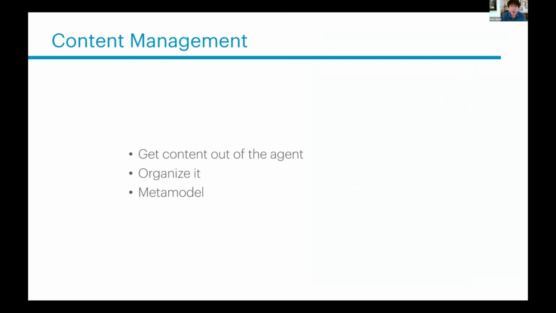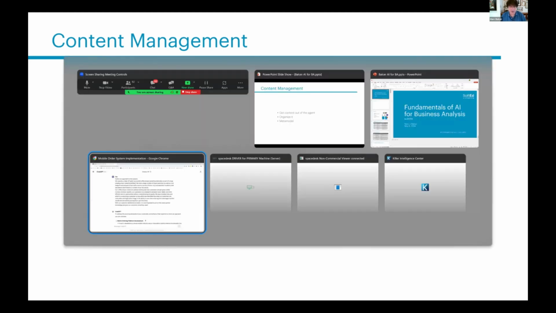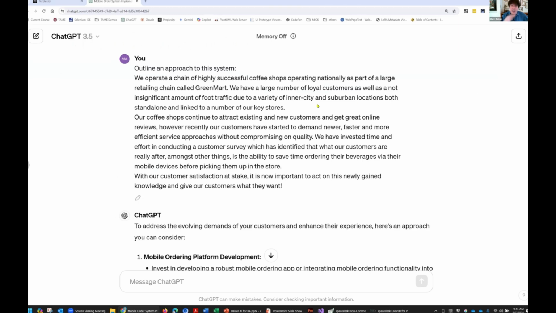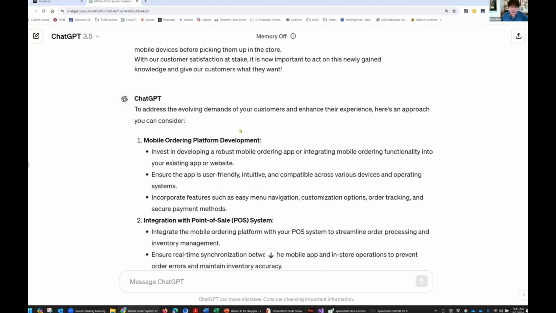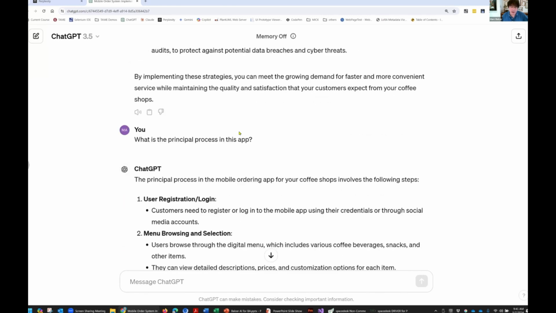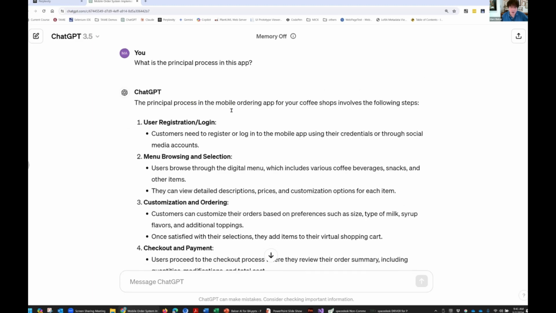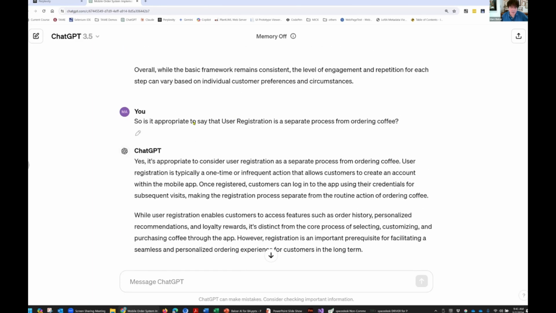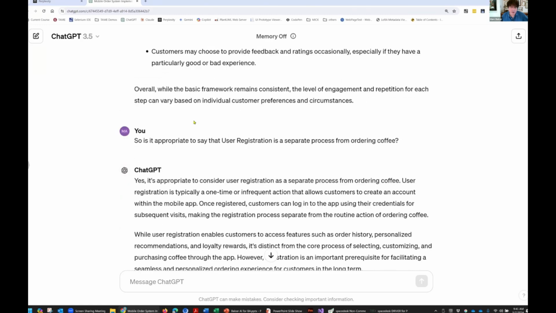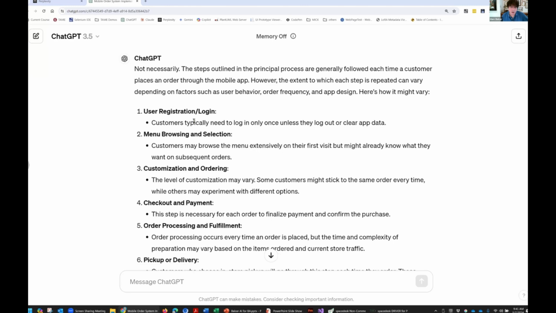So all in all, what's very important in all of this, and again, the question often comes up from people, is how do you manage all of this content? For example, let's come over here and take a look at the actual underlying chat. So we have all of this different content that got produced. So now we go down and we're looking at the concept of the principal process, or we look at the different processes.